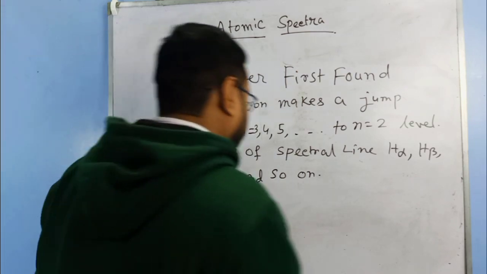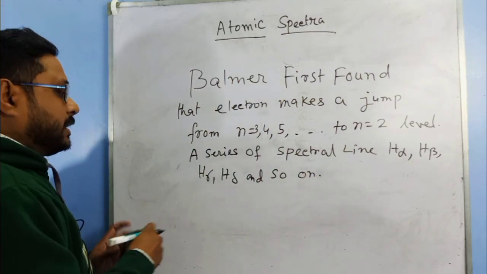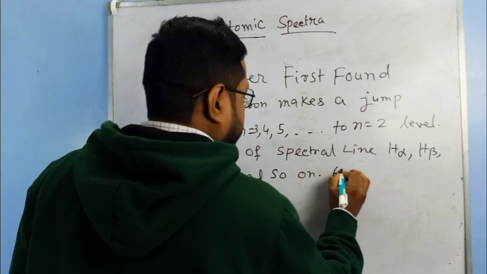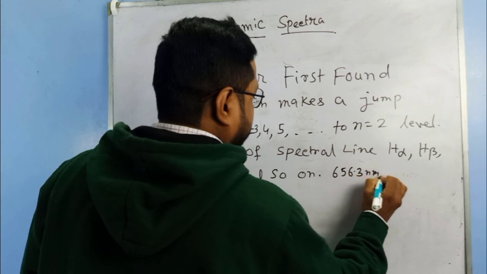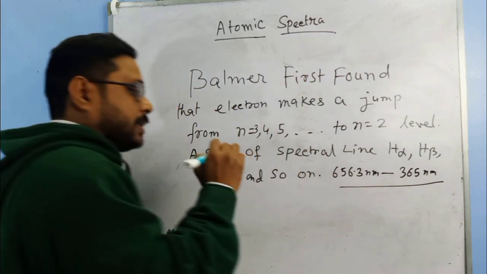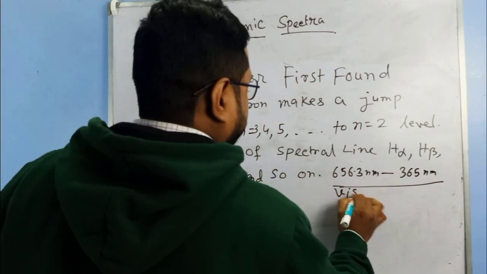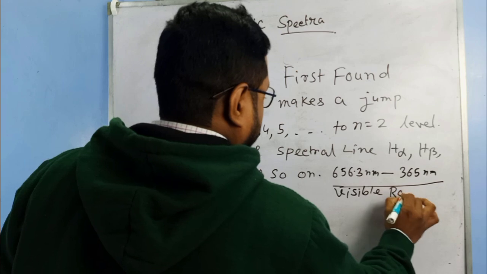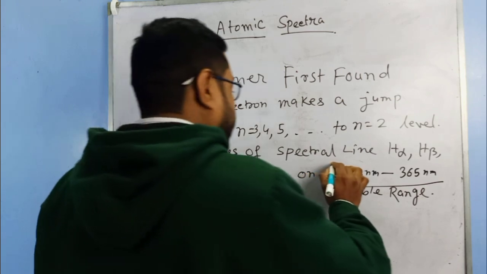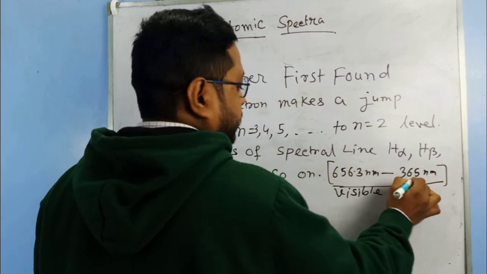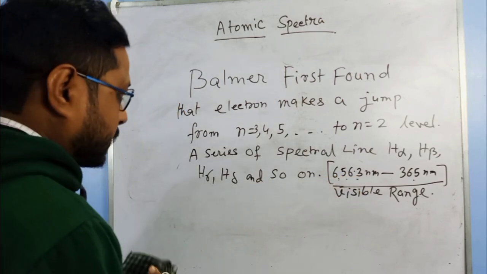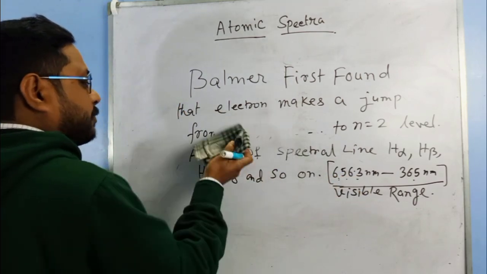Not only this, the range of this series lies from 656.3 nanometer to 365 nanometer, and it is obviously in the visible range. The Balmer series starts from 365 nanometer and its range ends at 656.3 nanometer. If we draw a diagram of Balmer series,